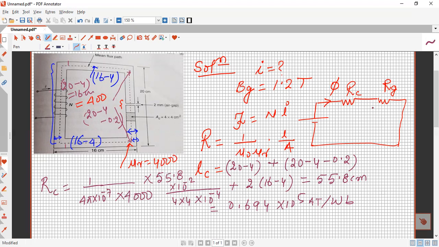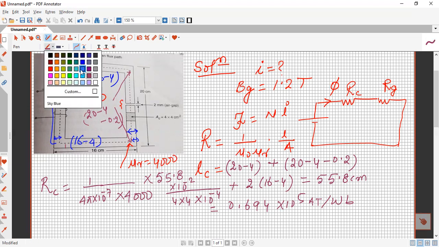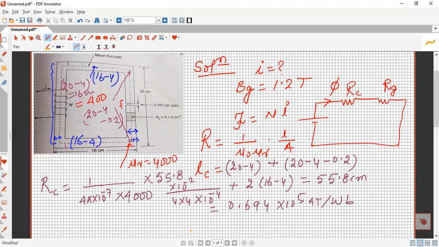Now we have to find out the reluctance of the air gap. How much is the reluctance of the air gap? So first of all, I take a different color. Reluctance of the gap will be equal to 1 by mu naught, and for the air gap mu r will be 1. For air, relative permeability is 1, and the length of the gap divided by area of cross section. So how much will we get its value? 1 by 4 pi into 10 to the power minus 7. This is the value of mu naught, and into 1 is the mu r, and into length of the gap, which is 0.2 centimeter. So 0.2 into 10 to the power minus 2